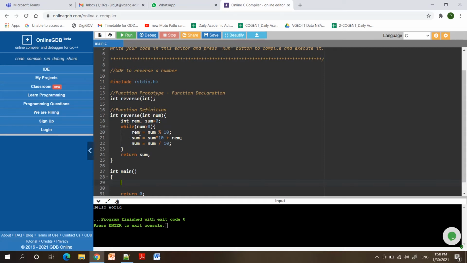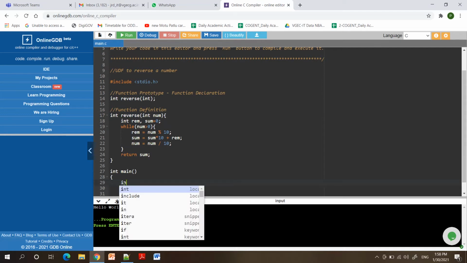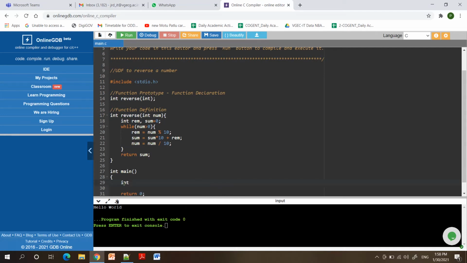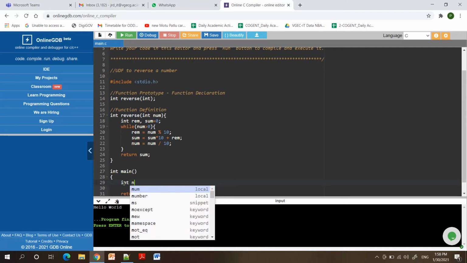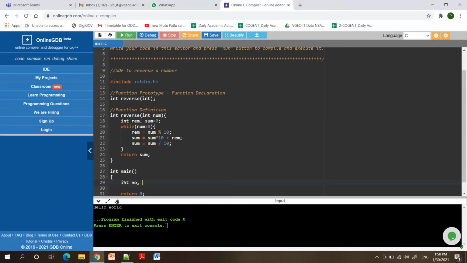To call this reverse function, the main function should give one value to it. The input to this function is one integer variable, so the main function should have that integer variable with itself. So I am declaring one integer variable number, and another integer variable answer.